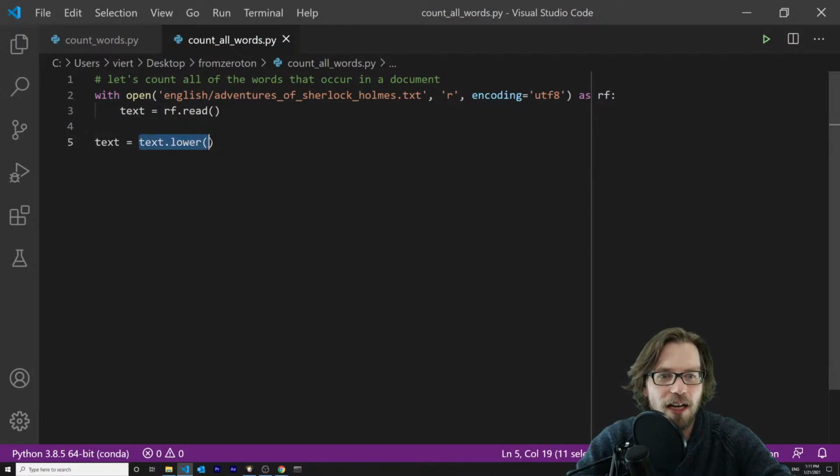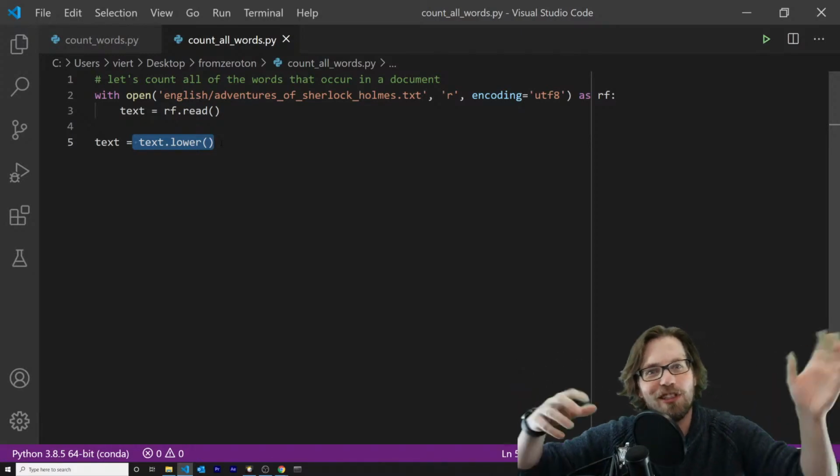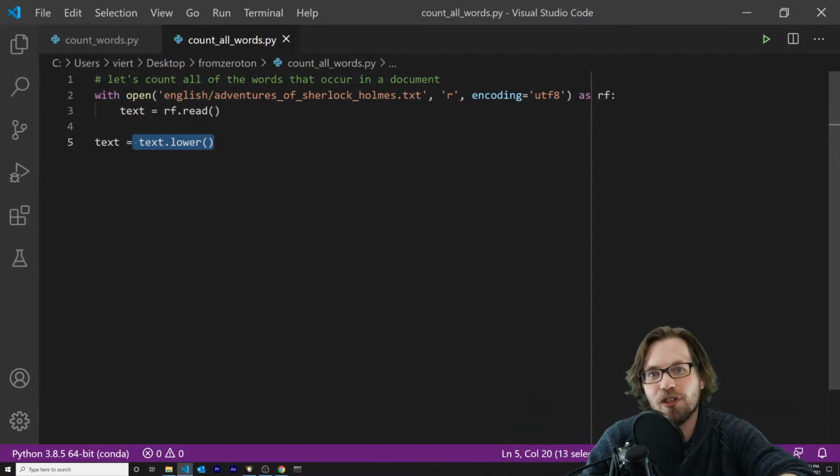And note here that I am making text lowercase, and then I am overwriting the old version of text with the new one. I'm doing this because strings in Python are immutable. That is, you can't change them in place. You can change them and then save the new version, but you can't just change it in place. So